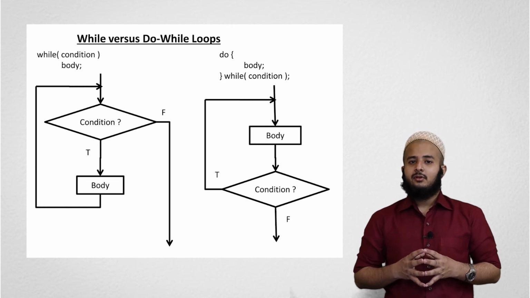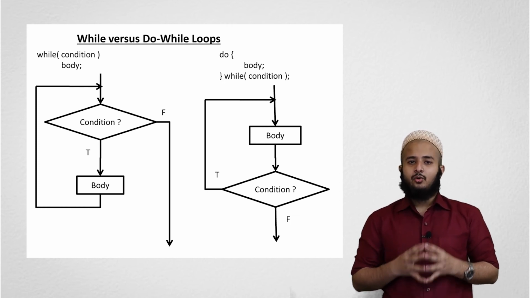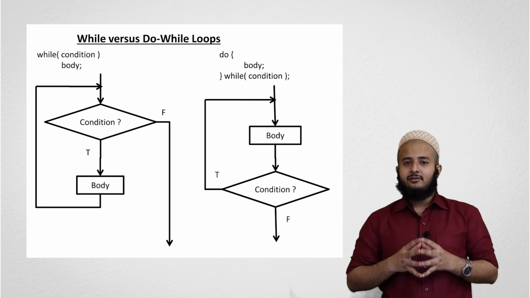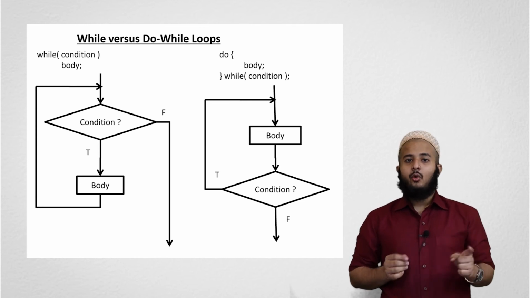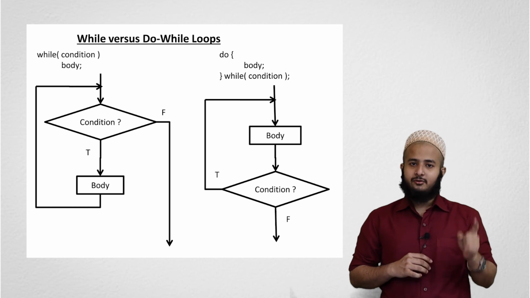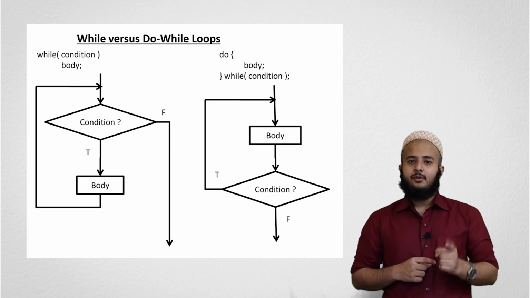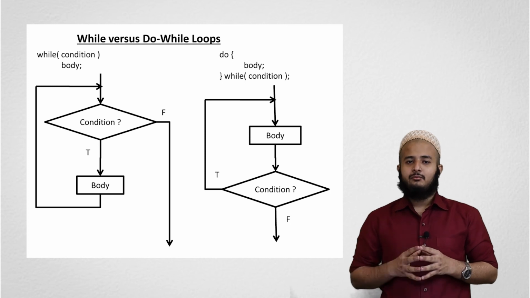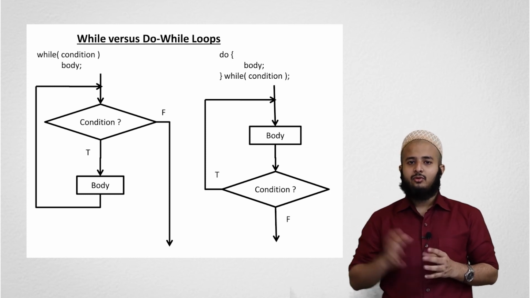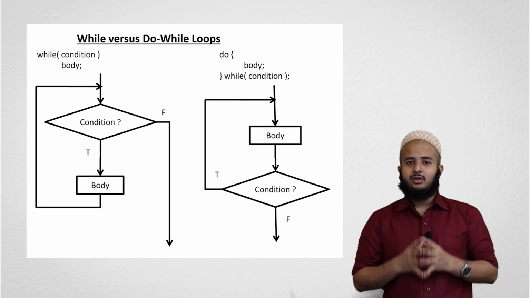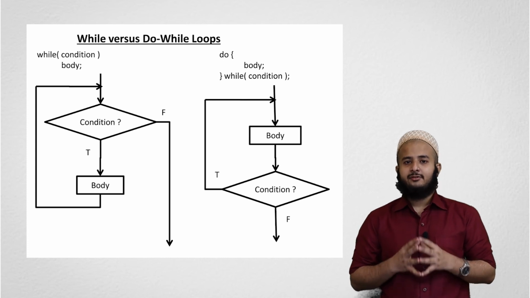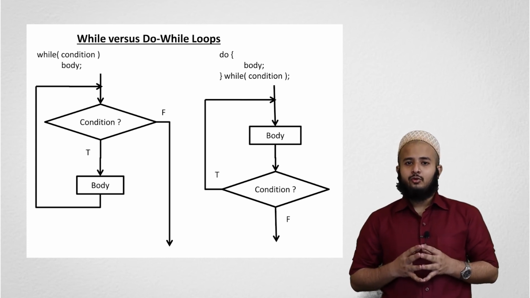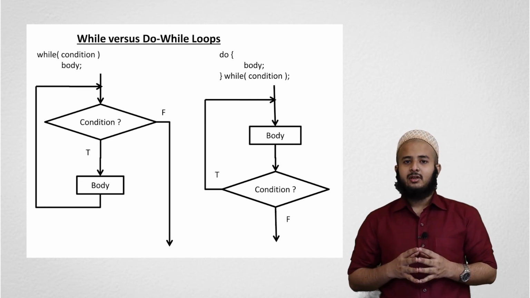So the difference is, in the do-while loop, it executes the code at least once, but that is not the case in the while loop. So if we compare the number of executions, in the do-while loop, the minimum number of executions is 1 and the maximum number depends on the condition. And in the while loop, the minimum number of executions is 0 and the maximum depends on the condition. So the conclusion is, the do-while loop executes at least once. So if we want to perform the code at least once without checking the condition, then at that time we use the do-while loop.